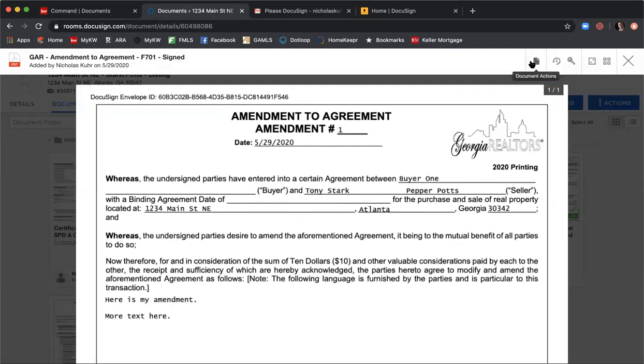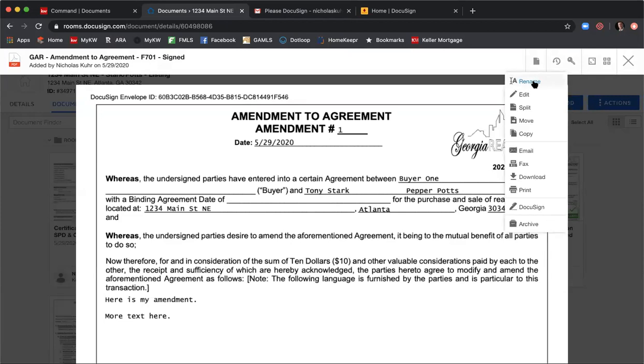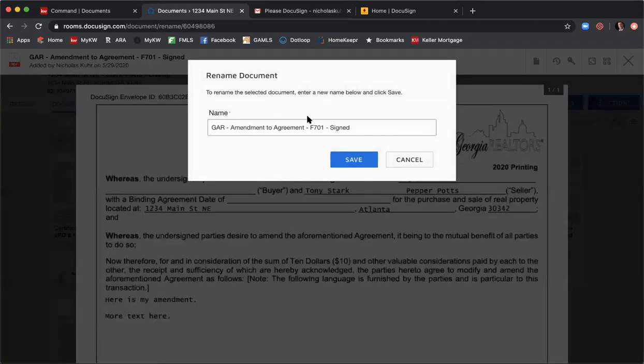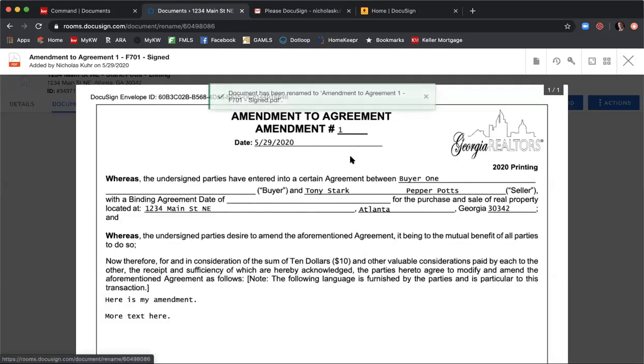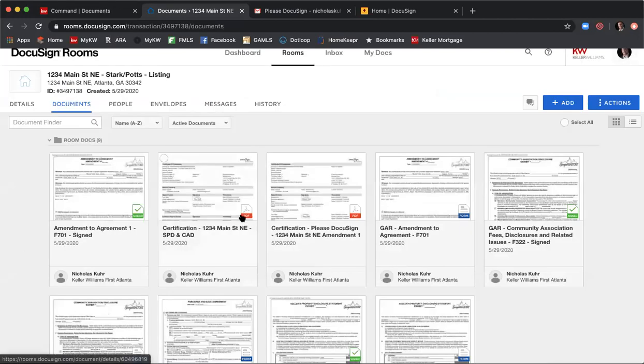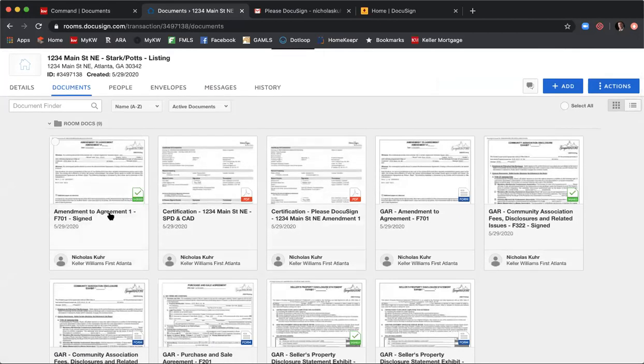Now, if you're going to have multiple amendments, I would say you probably want to rename this. So we can rename this amendment to agreement. I'll add a 1 here. And then at the end, you can see where it said it adds automatically signed. So click save. So I'll click X to close out of that. So here we have amendment to agreement 1 signed, and then I still have my amendment to agreement form right